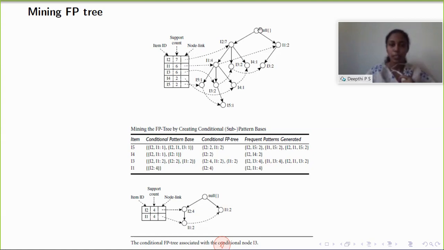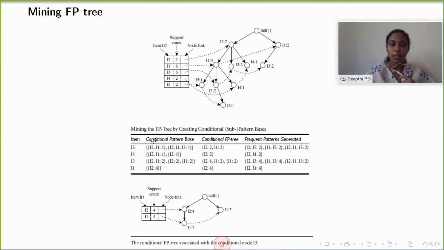Now from this frequent pattern tree, you have to create the conditional pattern base. Okay, so this is the final FP tree. Now we have to consider the item sets in reverse order. That is, we have to consider the last item, or the item that has the lowest support count. Here we can consider either I4 or I5. I am considering I5 now. So take the item I5.